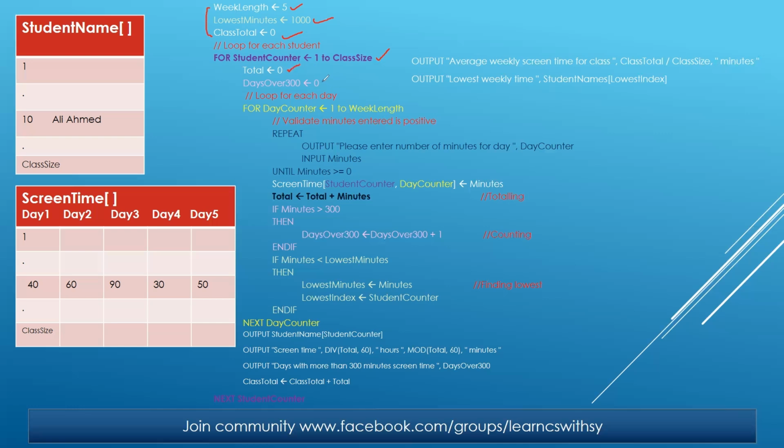Along with that, since we have to find out how many days the student is spending above 300 minutes, that's why you can see the variable itself, days over 300, that's perfectly okay. Days over 300, arrow 0, means again it is used for counting. After that, what are we doing